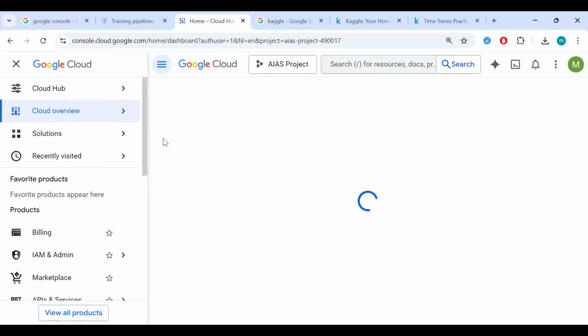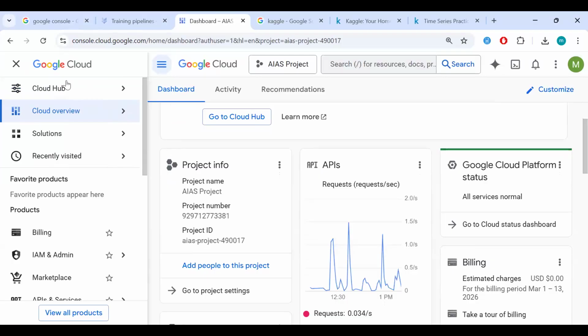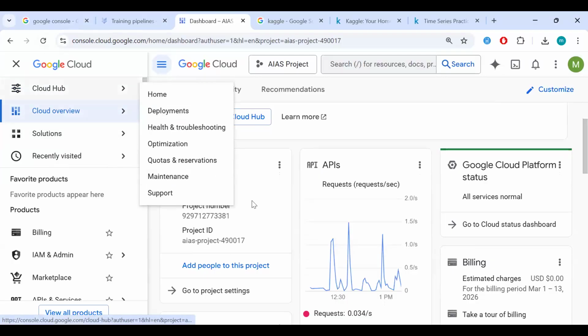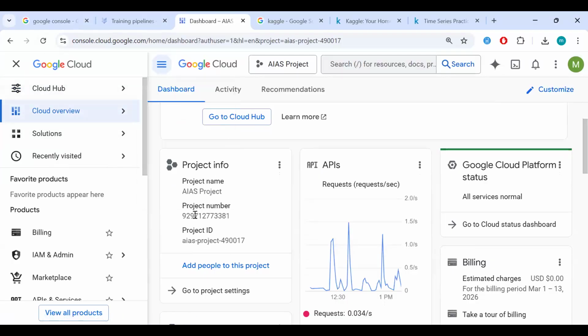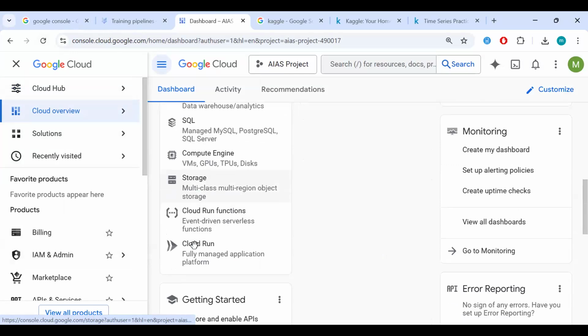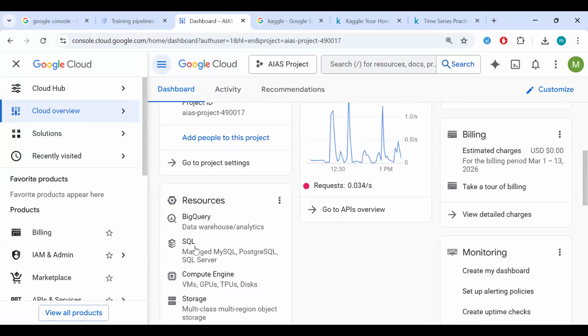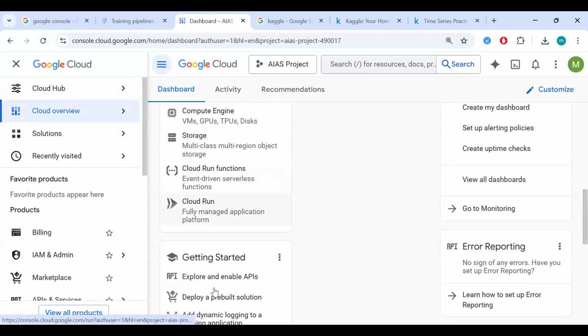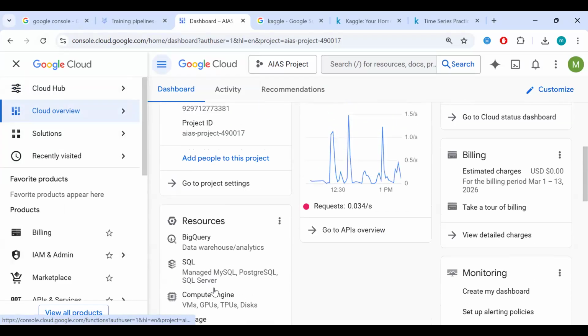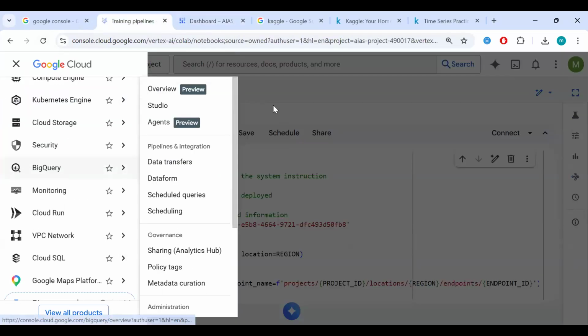Here we go. Cloud overview. So now we see our project. So it's still on the main Google Cloud platform. So you see our project name, project number, project ID, the API calls we've made. Basically, I should have showed you this as well, but I'm sure we'll get familiar with it. So this is the dashboard for our project, the resources that were available to us, basic get started, we track our API calls.